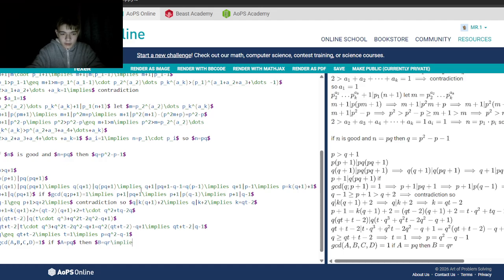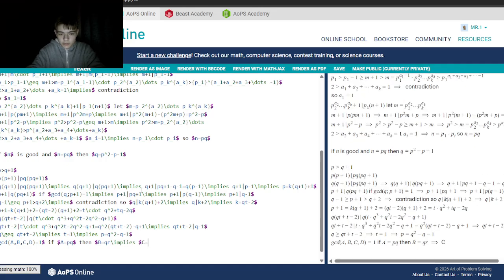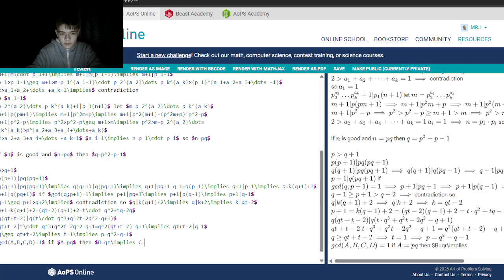And this implies that C should be equal to Q to maintain the GCD Q. So at this point we have greatest common divisor Q in A, B and C. The reason why C is not Q times some prime is that if Q is equal to QC, like this,